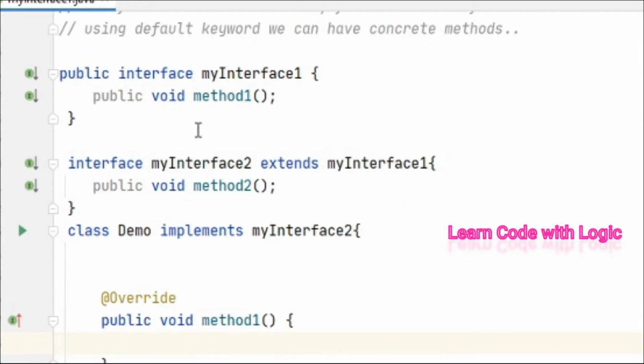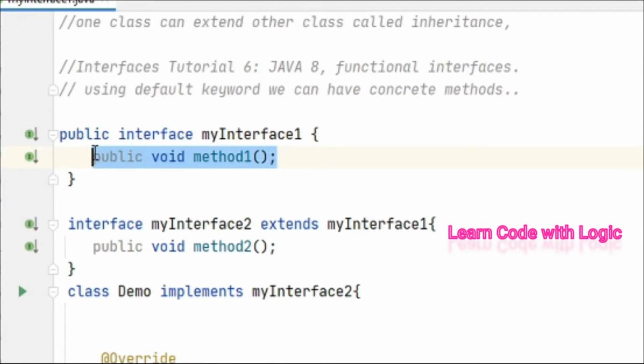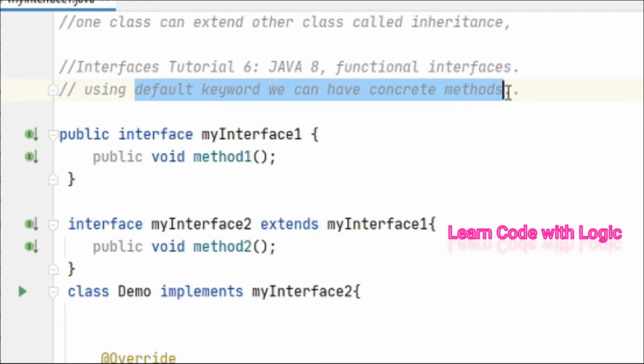So far we have seen abstract classes are used for 100% abstraction, and you have all abstract methods, meaning incomplete methods. But in addition to this, from Java 8 onwards, we have another advantage. We can have concrete methods. Using the default keyword, we can use regular methods also, not only the abstract methods. But before Java 8, interfaces were only used for abstract methods. We should not use regular methods. If you want to have concrete methods, the interface does not allow it.